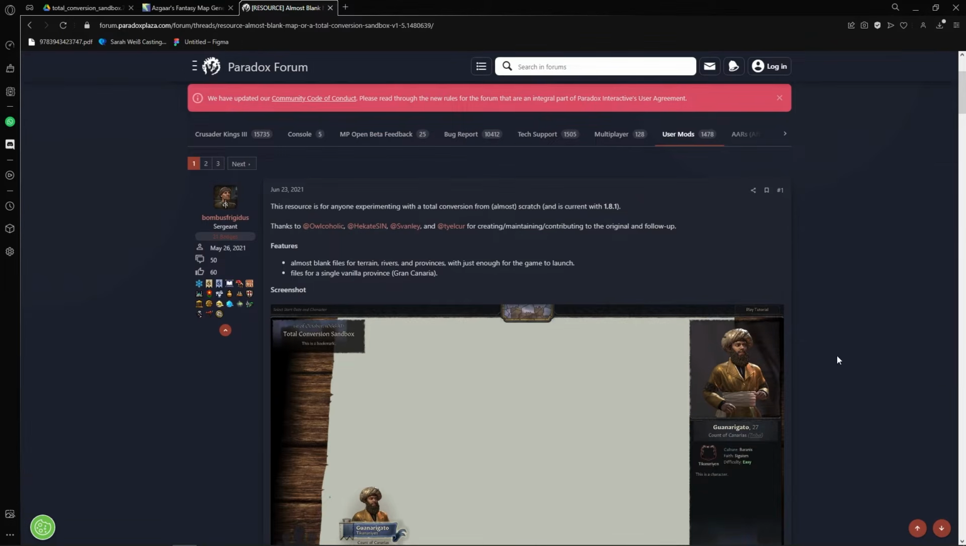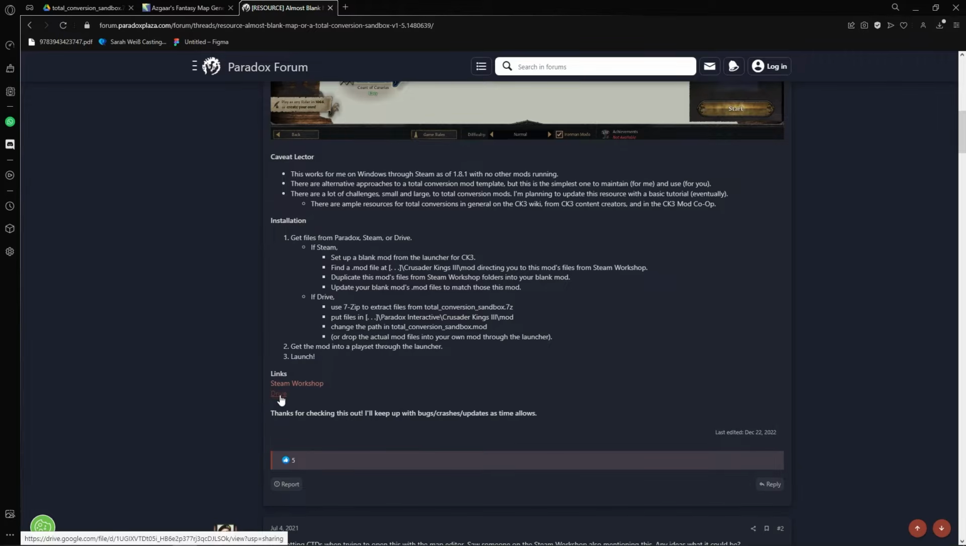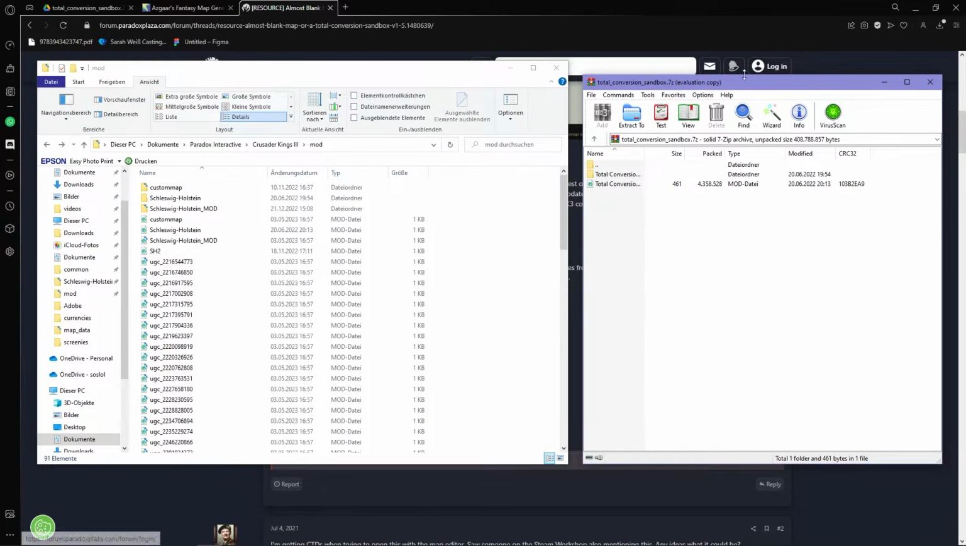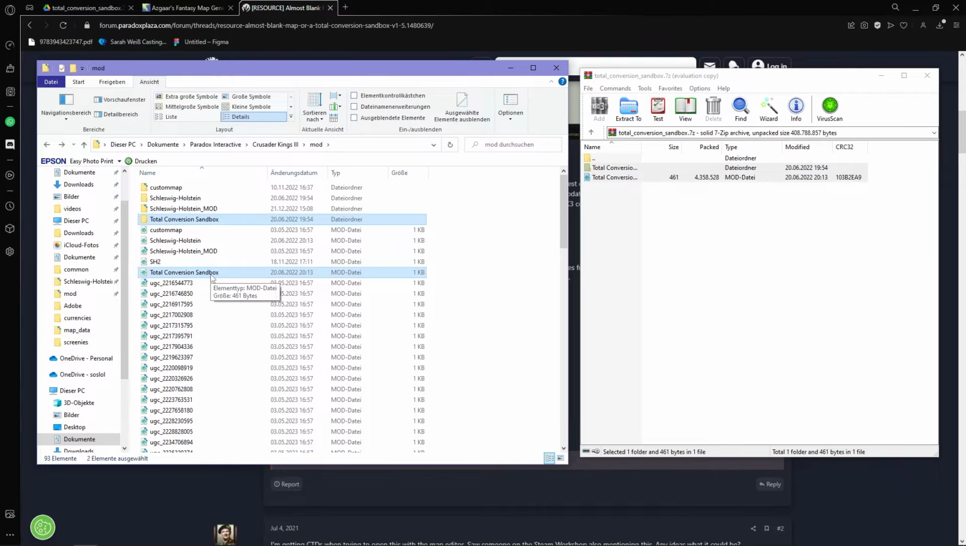Link is in the video description, and you're going to download it right here via the drive link. After that, you're going to open it with WinRAR and also open your mod folder in Documents, Paradox Interactive, Crusader Kings 3 and mod. And you're going to extract the total conversion files into there. When this is done, you can now start renaming these files to how you want your mod to be called. So in this case, I'm going to rename it to test